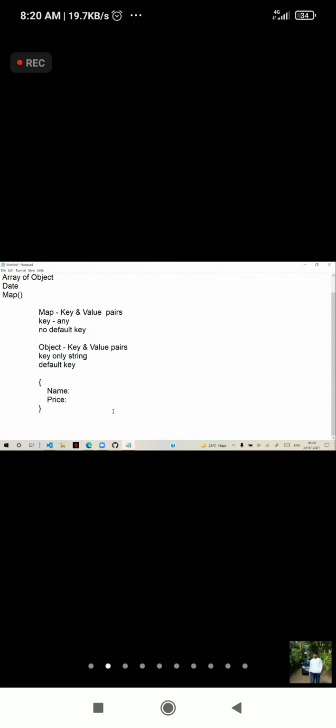The key will be the property index. That means it will be 0 and this will be 1, like that. Originally, in the memory, it is referred to with 0 and 1. So that is accessed with the reference of name and property. That means internally, they have default keys again. Every key is represented under another default key. That is object. That is complex in accessing and manipulating.